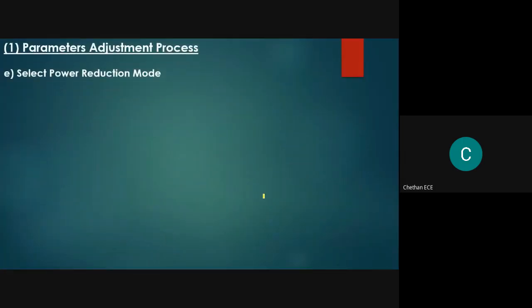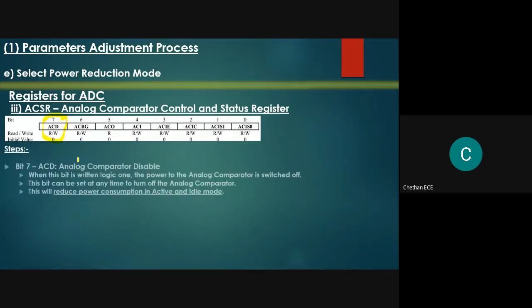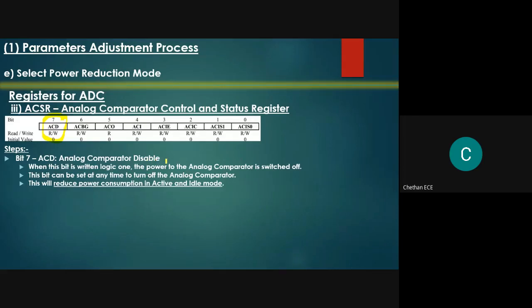Okay, next. To ensure the ADC works in a power reduction mode, we have to use an important register called the analog comparator control and status register. This is an 8-bit register where our job is to program bit number 7. This bit number 7 is called the analog comparator disable bit.